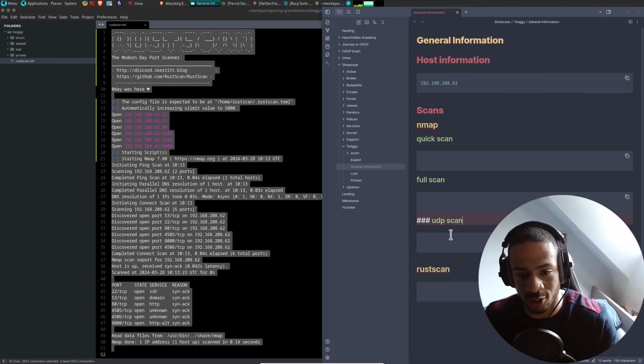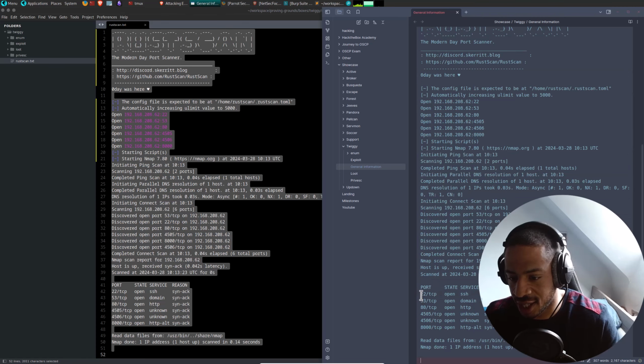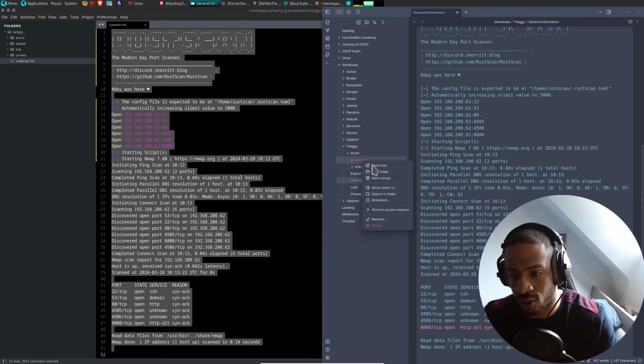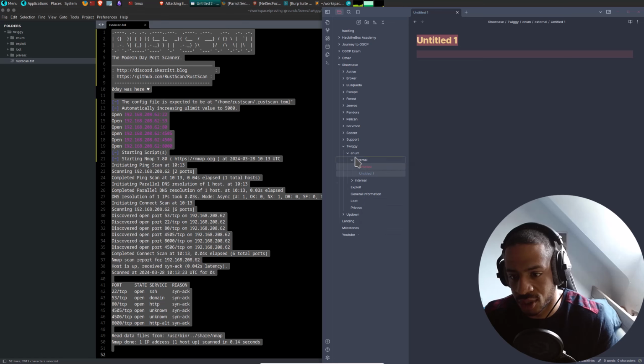Now I no longer need to run my clean scan. But anyway, I paste that here. I can see I have port 22, DNS on 53, 80 HTTP, these two unknown ports, and 8000, which is also HTTP. So let's just start making the notes, I mean,